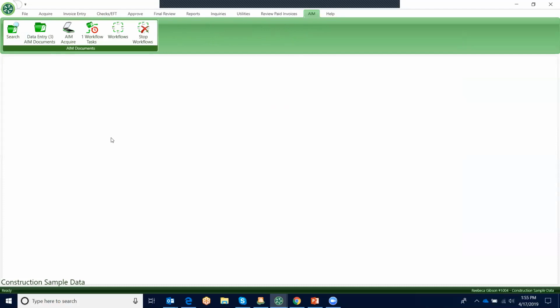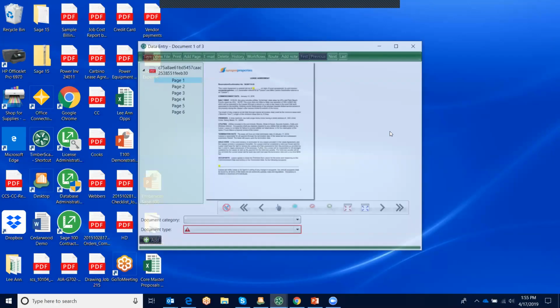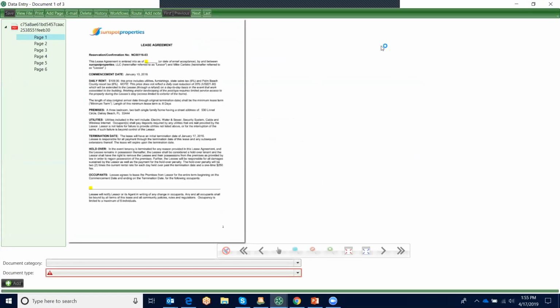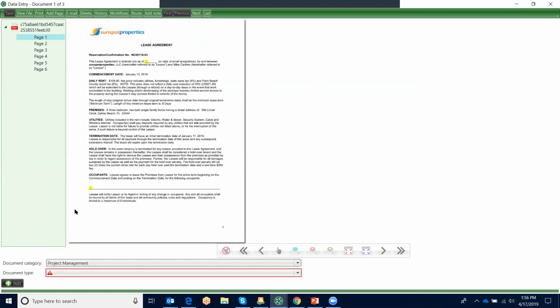Process is very similar to the AP side. You acquire documents, so you can drag and drop them. You're going to select your data entry group, and then Process is going to bring them into the system. For your data entry, you do need to set up document categories and document types. So in this case, if we say project management would be our category and the document type,